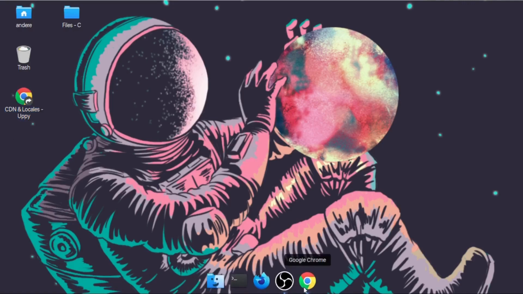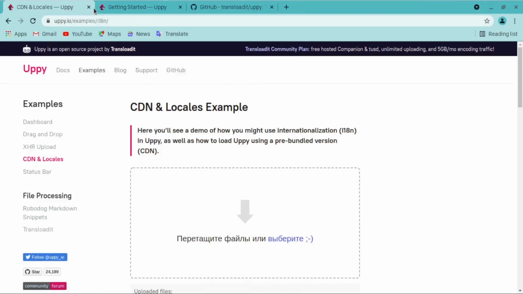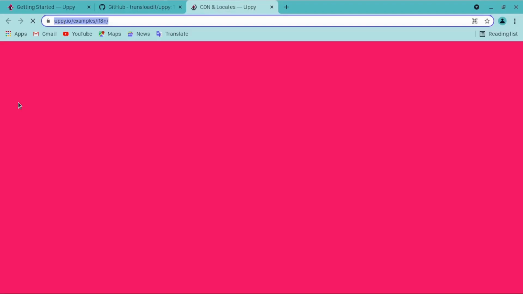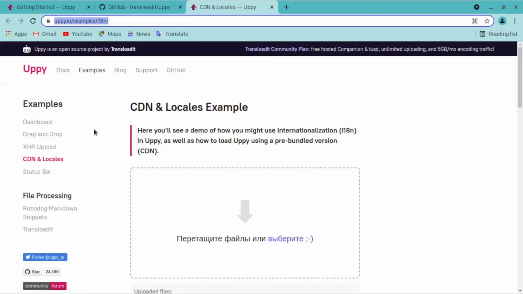So if we go back to our Chrome browser and we close this window, remember this is the window that we saved as a shortcut. We close it, and then we go back to our desktop and we click on this shortcut. It will open as a new tab in Google Chrome, and it will navigate us to that particular page that we were on while we were creating our shortcut.